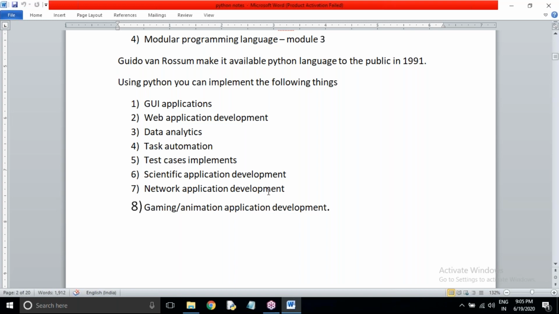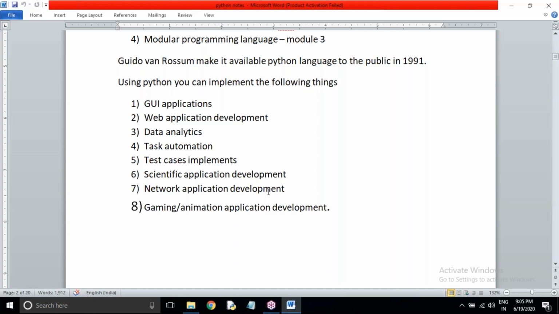Yesterday, I told many things related to automation and testing tools, testing of applications, scientific applications, networking applications, and gaming or animation applications, which we can also develop using Python.